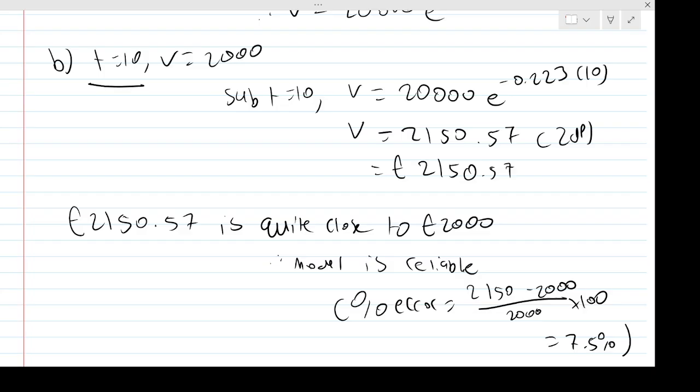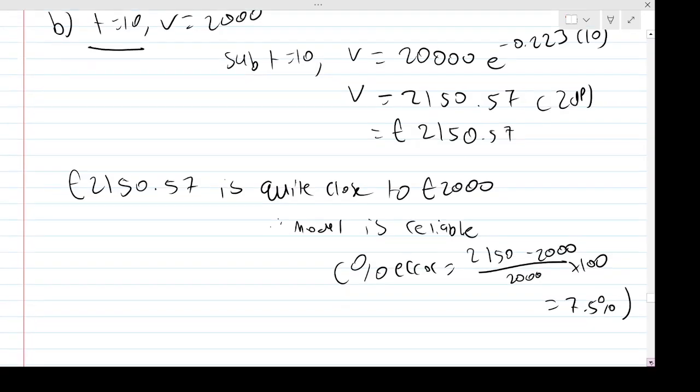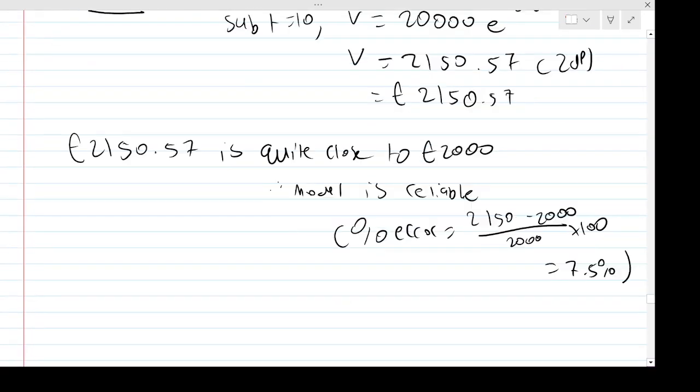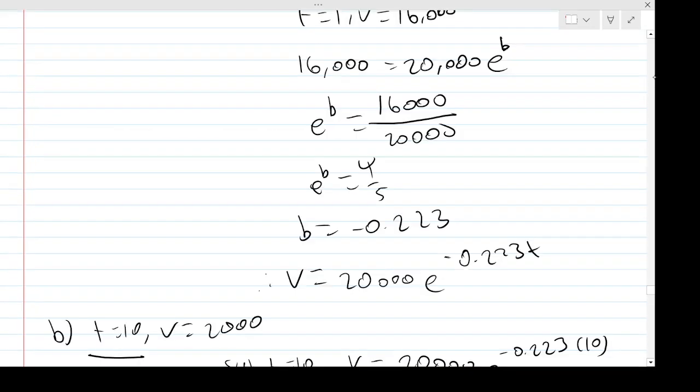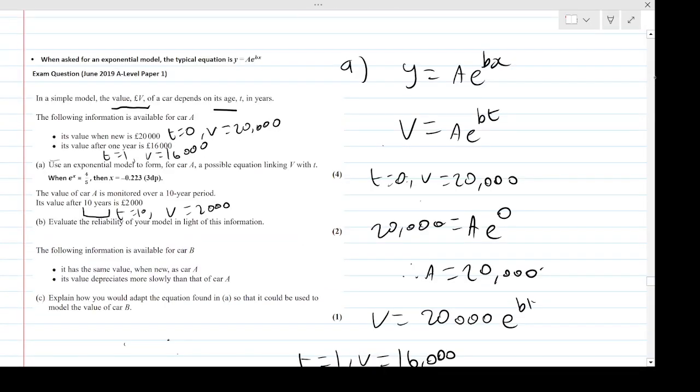So yes, that's the idea. You could do either way. You could say it's quite close or not close enough, so it's reliable or it's not reliable for that reason. But as long as you give a reason, that's all that matters. Okay. Right, then part C